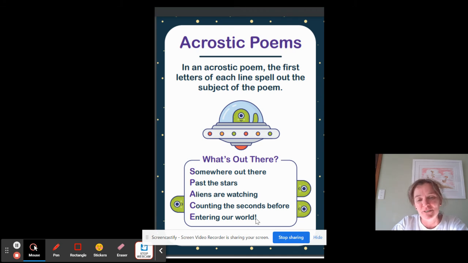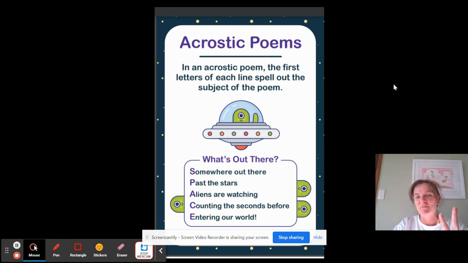And you can see there's an exclamation mark on the end. Now, this is one of the cool things. You can see they make sentences, but they're not proper sentences. Somewhere out there. That's not a whole sentence. We haven't finished it. Past the stars. It's not a finished sentence either. So you don't need punctuation in this one, but the start of your sentences need to make a word, and the sentences or the bits after it need to describe it. You need to make sure they're connected somehow. You can pick whatever you like. You could do an animal, you could do a tree, you could do your name. It's up to you how you do that one.